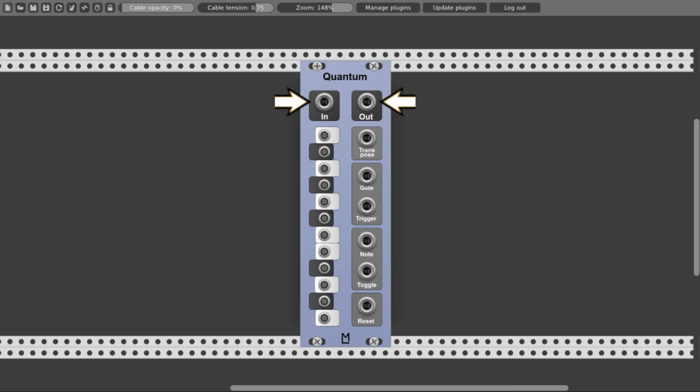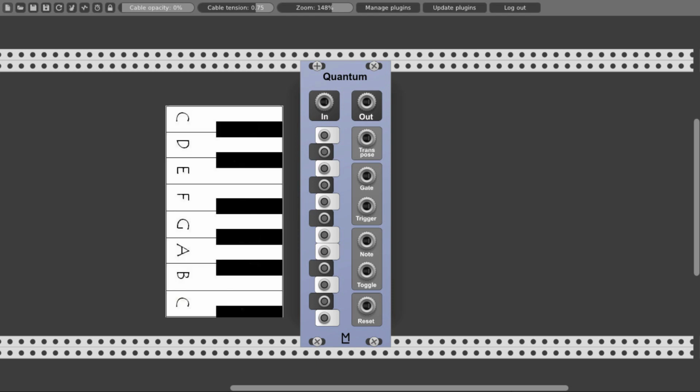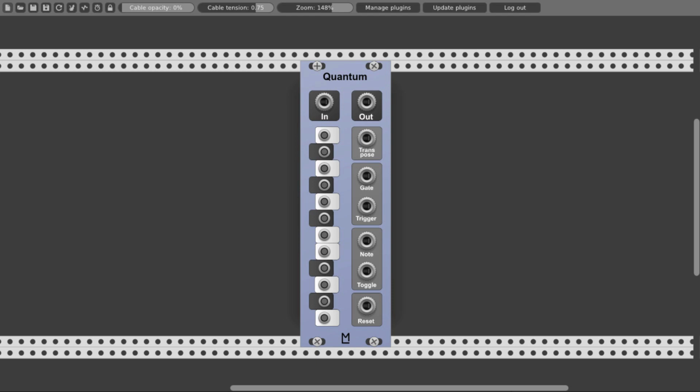So we have the main input and output, and we also have 12 different keys that correspond to the keys of the piano, and we can activate or deactivate them, and by that choose the scale we want the voltage to be corrected to. So now we have 4 notes as our scale, and the incoming voltage will be corrected to those 4 notes. Now how it will be corrected or quantized and how the pitch will change depends on